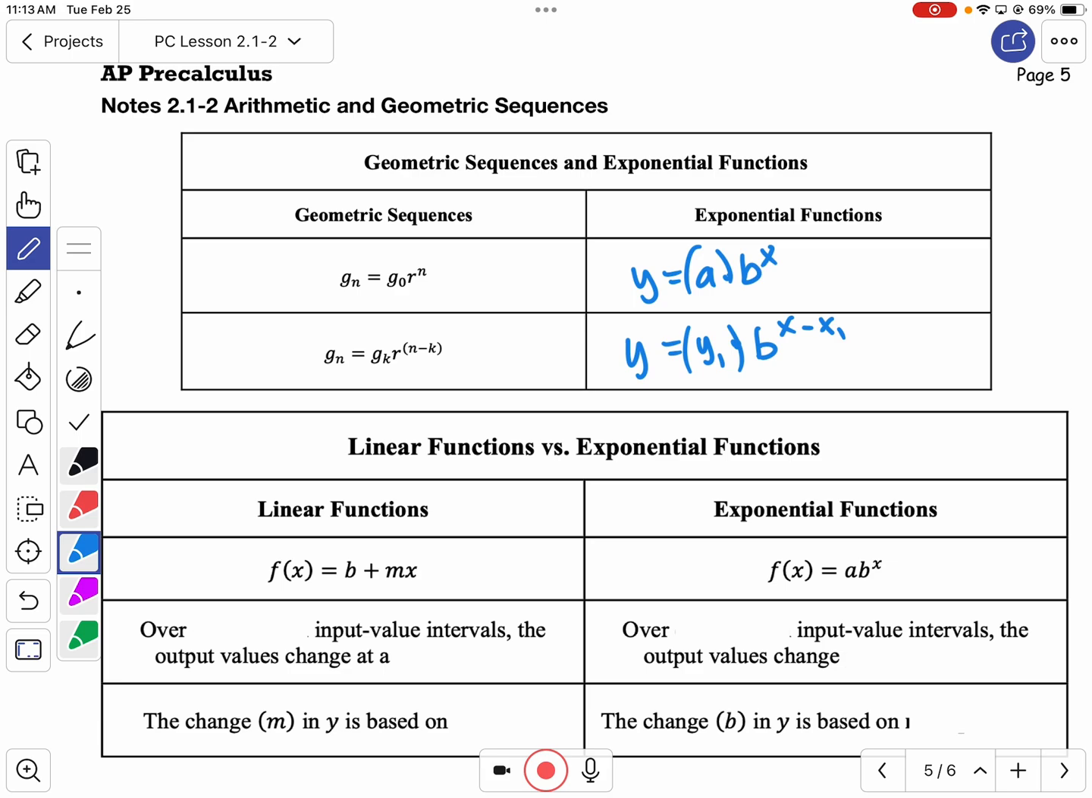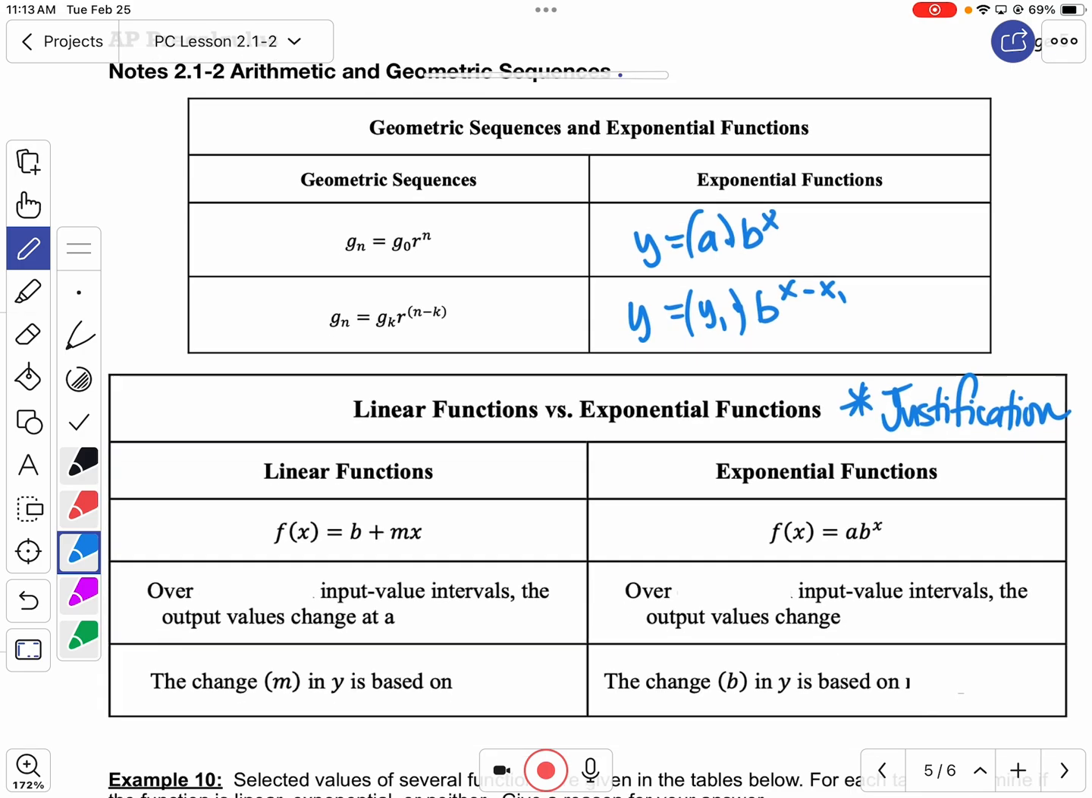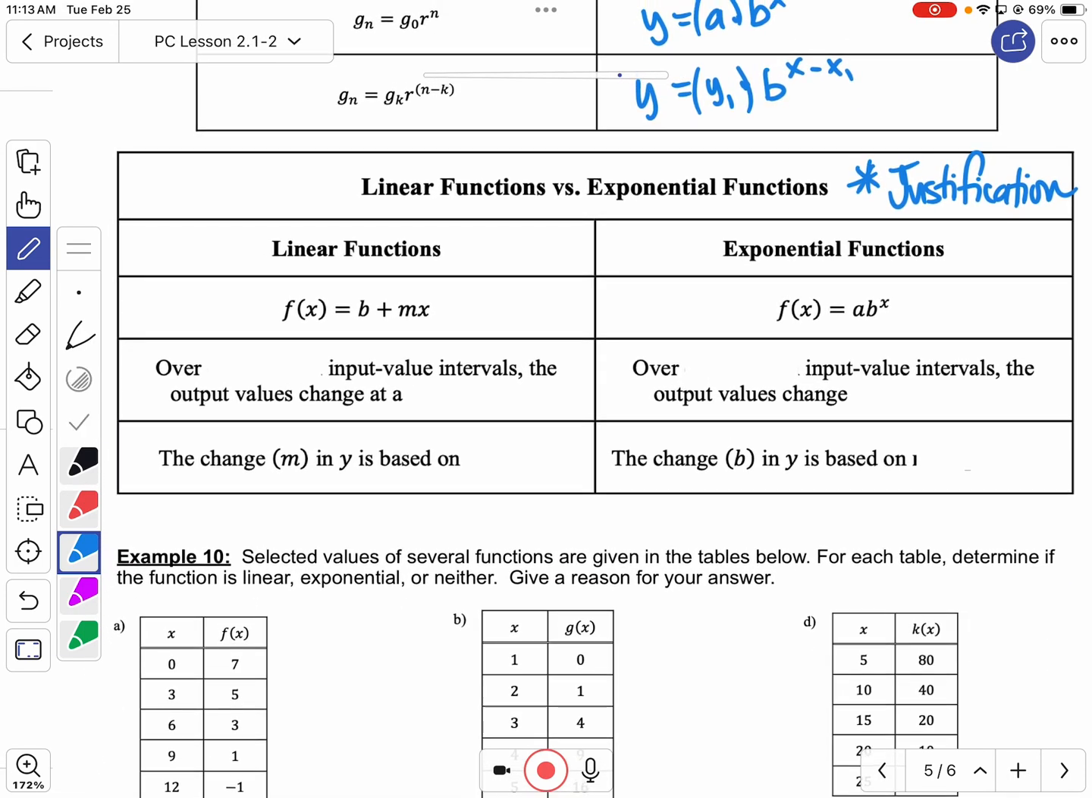So this next box, okay, put a star right here. This is what we're going to use when we have to write a justification. This is what it's going to be expecting in terms of our terminology when we do a justification for something being linear or something being exponential. Here's the important part. For a linear function, our justification is: over equal length input value intervals, the outputs change at a constant